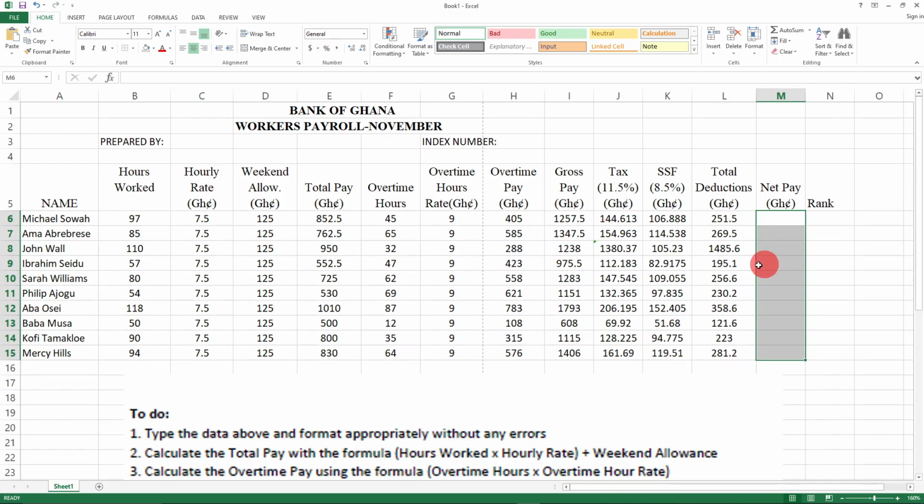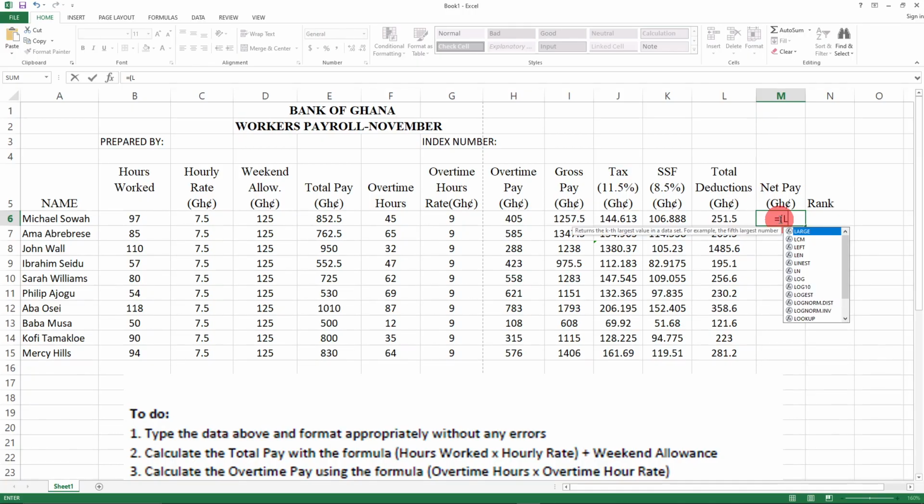Okay, so now we are subtracting this from this. This is L, and from I, so for Michael it will be L6. Let's start with equal. No, this one we are deducting. So equal brackets... no, we are starting with I. It should be rather I6